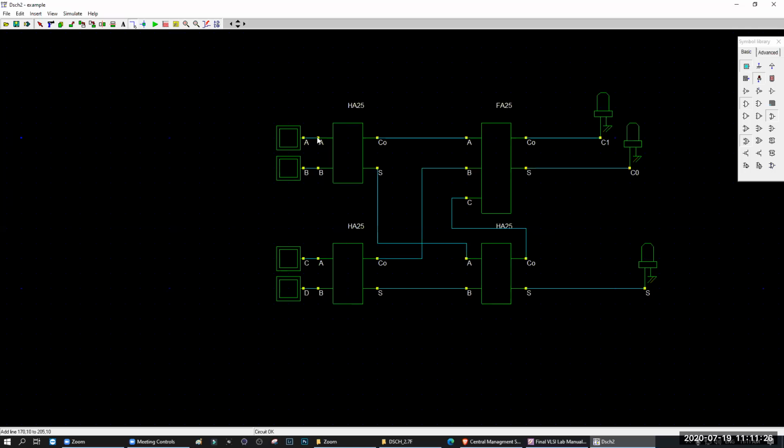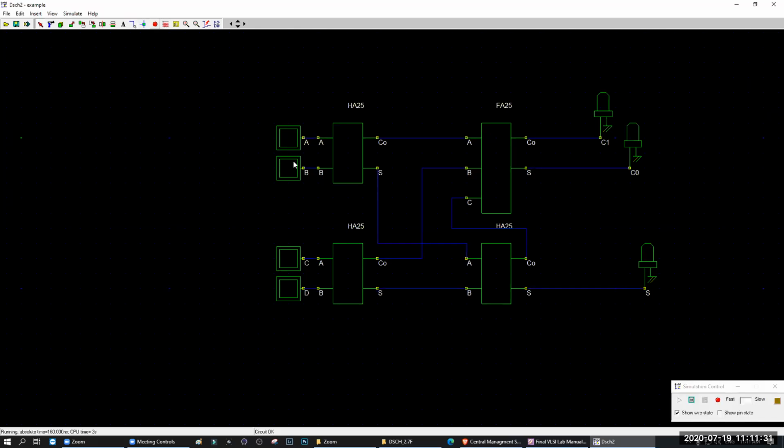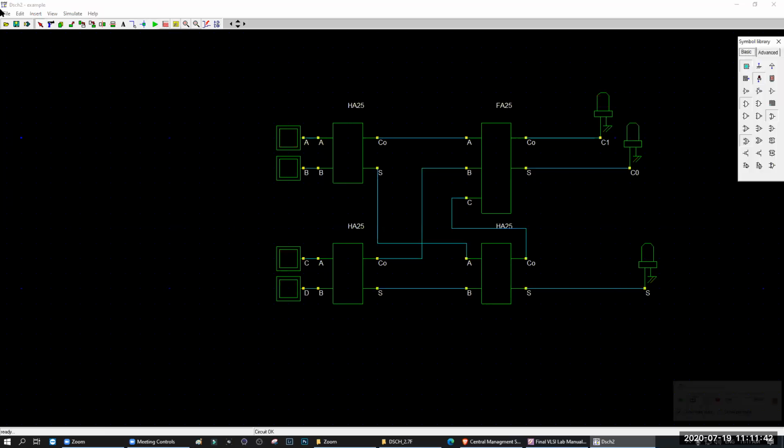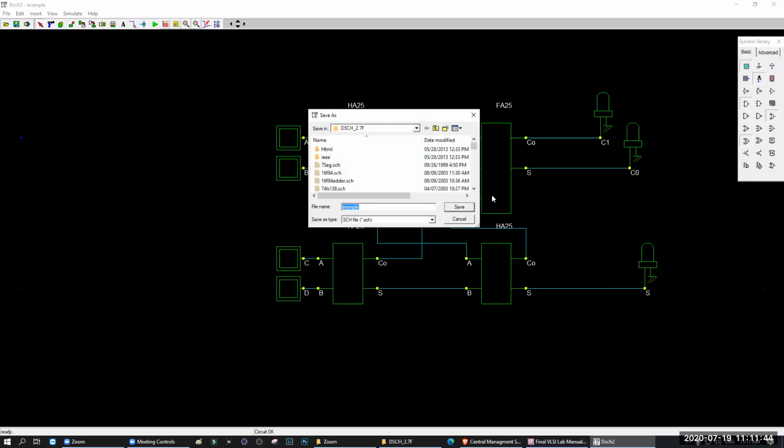So this is the 4 input adder. So you see this one. If I add 1, so 1 1 is 1 0, 1 1 is 1 0, 1 1 1 is 1 1. So if I add 4, so 1 0 0. So 1 plus 1 plus 1 plus 1, 1 0 0 is the result. Okay. So I'm going to save it as a 4 input adder, right? I'm going to write 4. F4IA, right? 25.